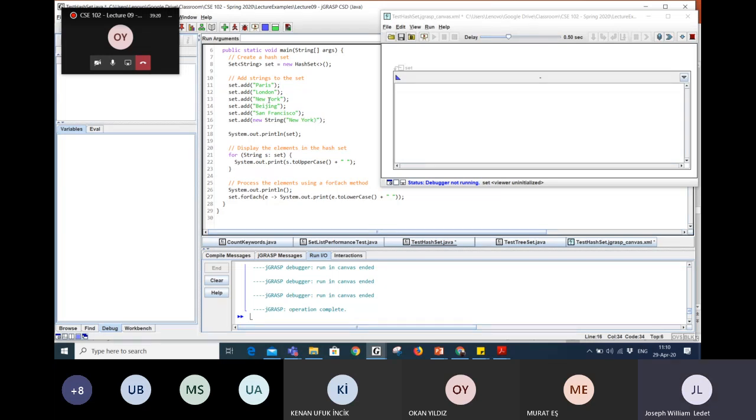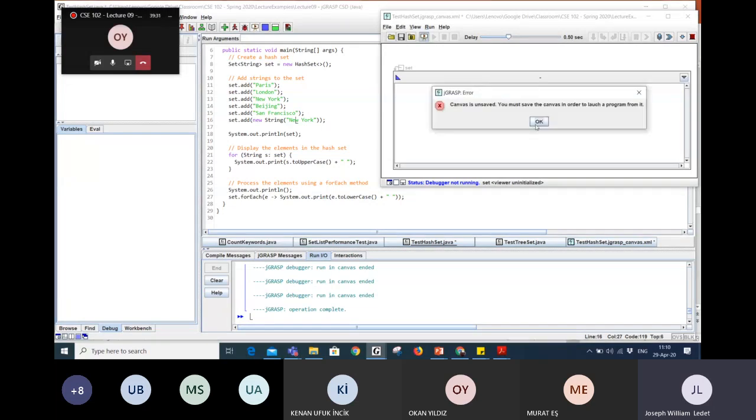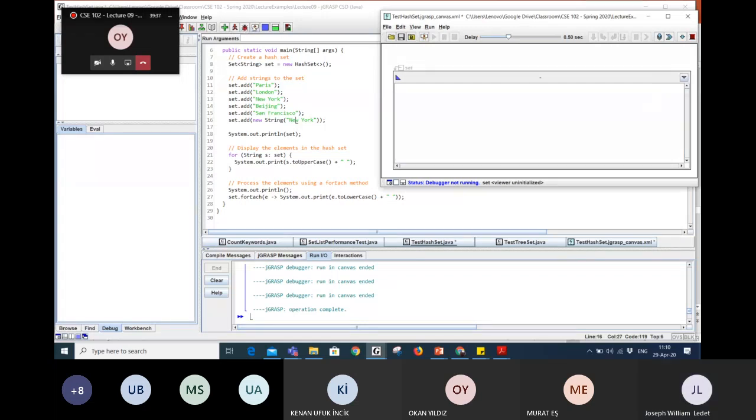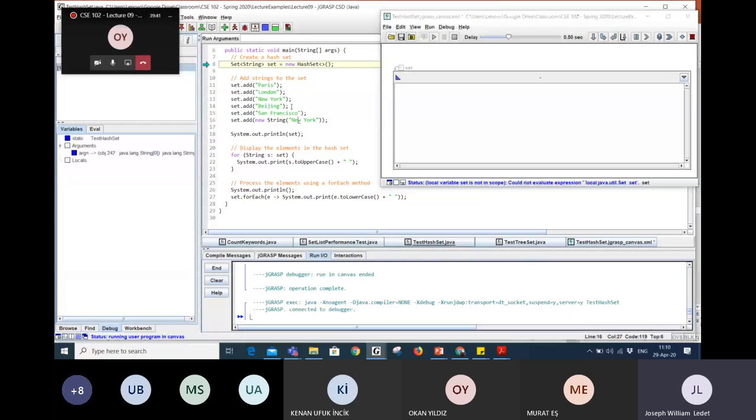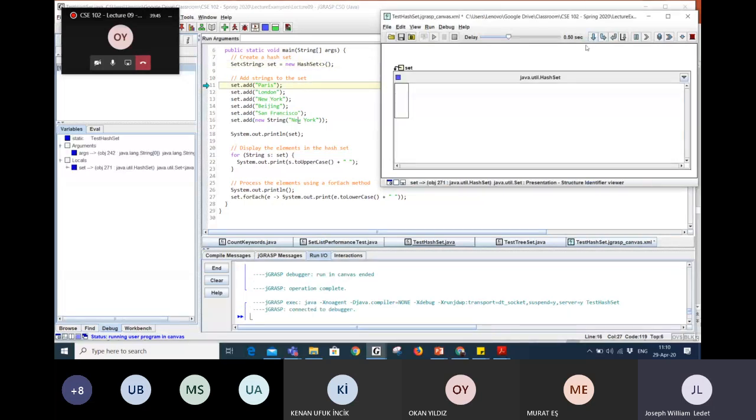Remember that this actually does create a new string. This object will not point to the same as this. So let's see what happens. Will our program see this New York as the same as this New York and not put it in there